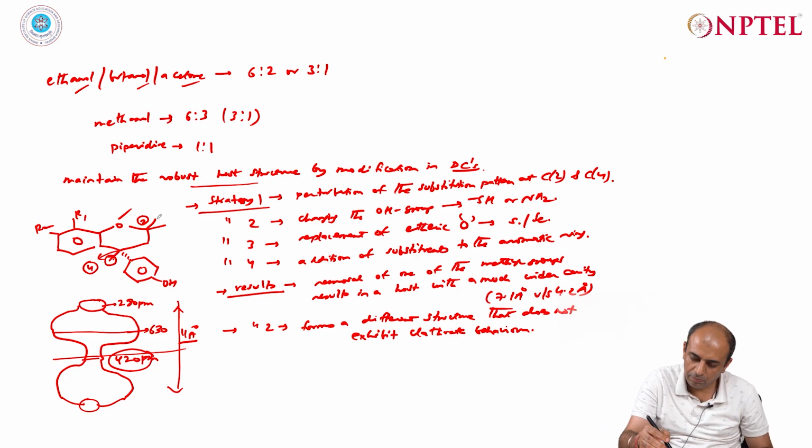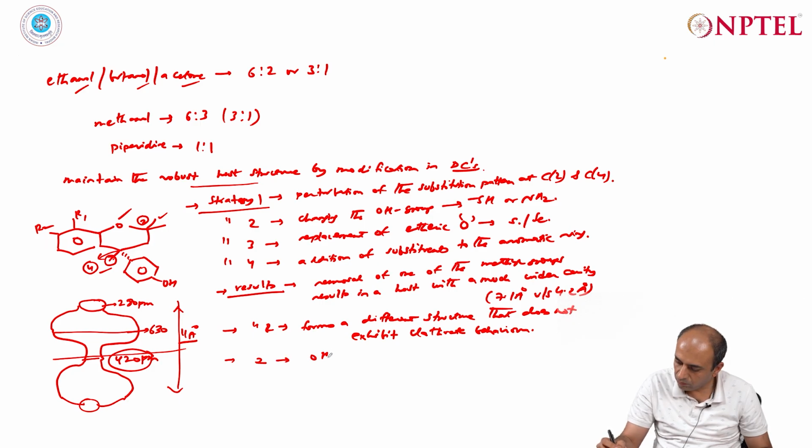So, first we did a modification here, now we actually did the replacement of this methyl group and it does not form a similar structure. Sorry, this was still strategy 1, I would like to say. Now, strategy 2, if you replace